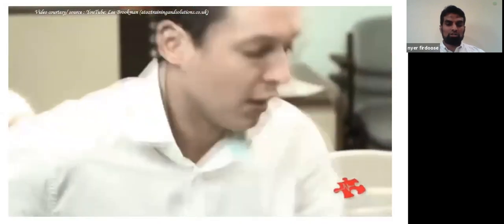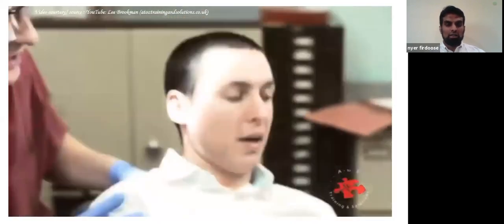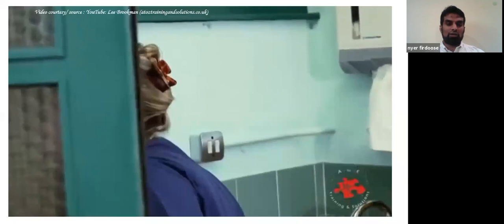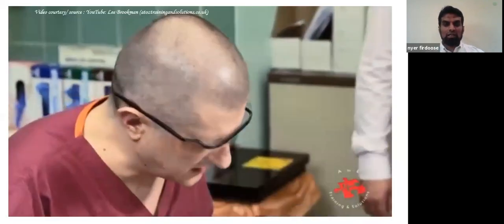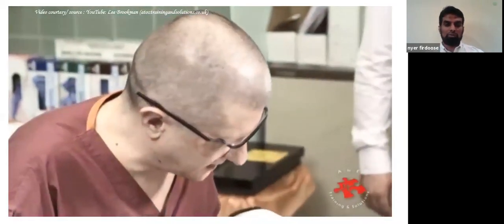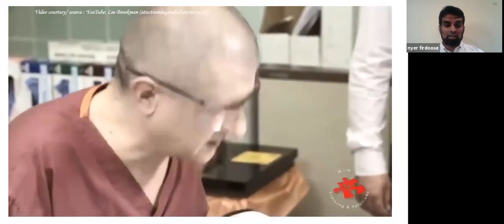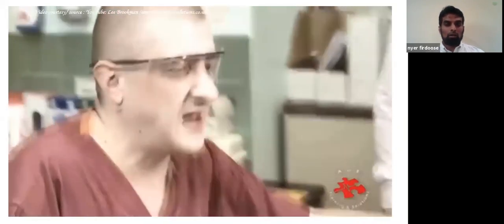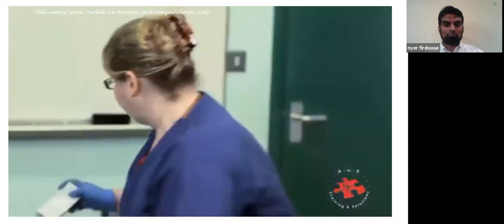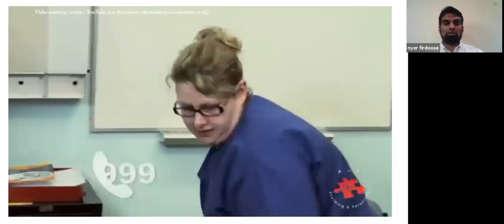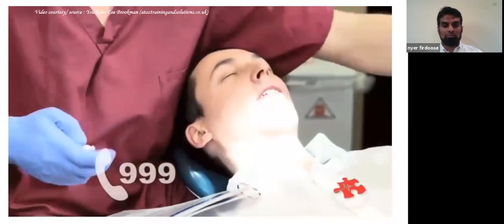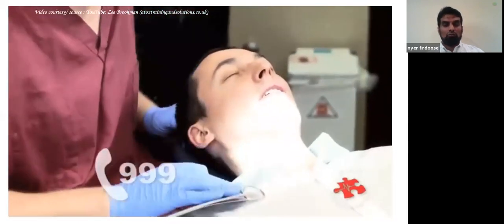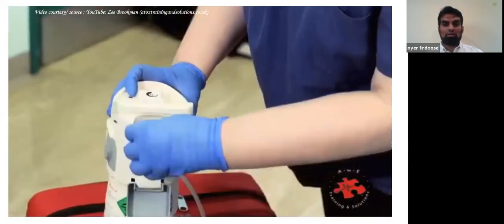We have to reassure the patient, check for the breathing, and position the patient back. We have to call for assistance, and in case there is a loss of consciousness or the patient becomes unresponsive, we mobilize the emergency medical kit, call for the emergency medical response, and start high flow oxygen at the rate